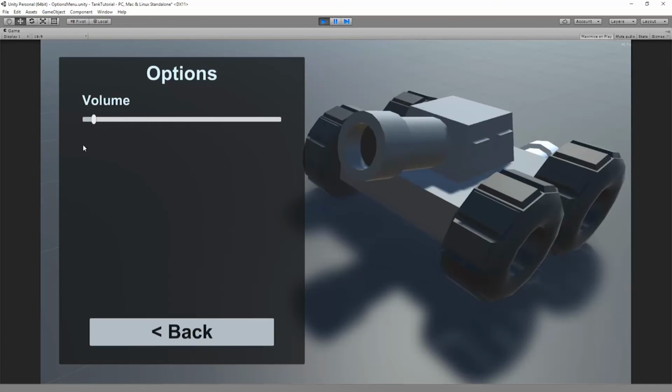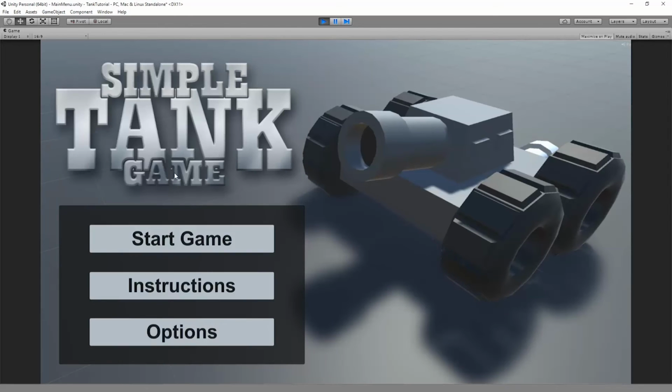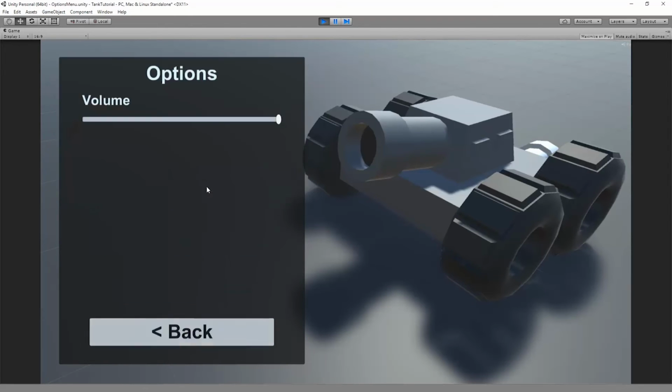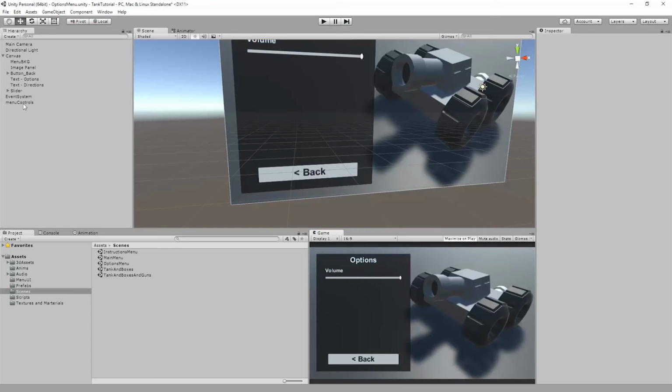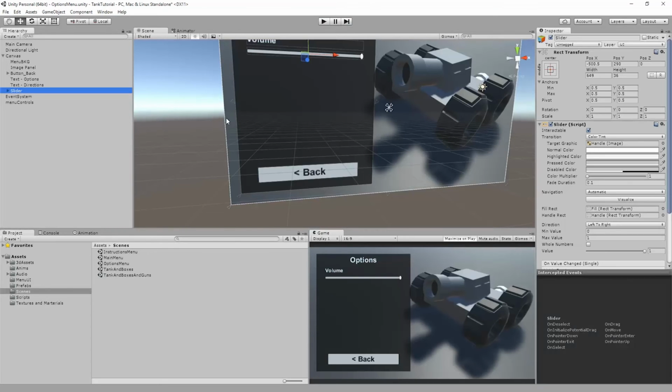And what's nice about this is I've created a static variable or a static script that records the volume. So whenever I go to another menu, it will keep that volume. So if I turn this down, if I want my music volume to be low, I can turn that down, and now my music volume is low on this one as well. So let me show you how we set that up. It's a little bit tricky. So we end up using a